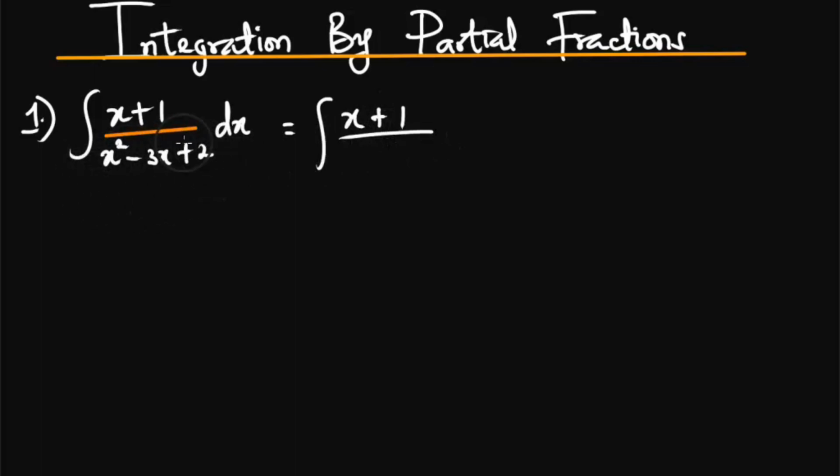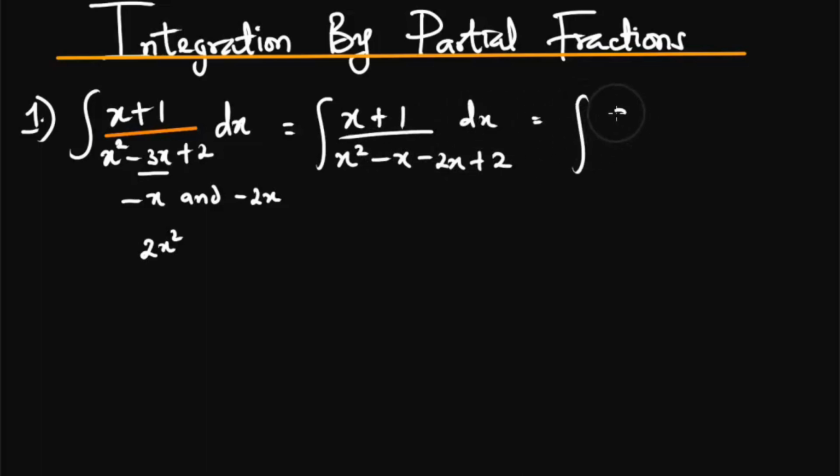The factors of this quadratic expression are minus x and minus 2x. When we add minus x and minus 2x, we get minus 3x. And when we multiply minus x and minus 2x, we have 2x squared. So this becomes x squared minus x minus 2x plus 2 dx. And this becomes the integral of x plus 1 divided by x into x minus 1 minus 2 into